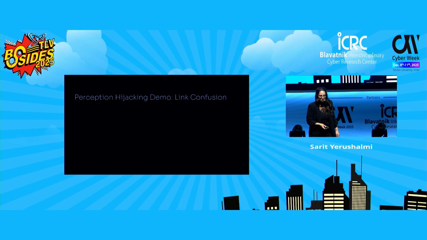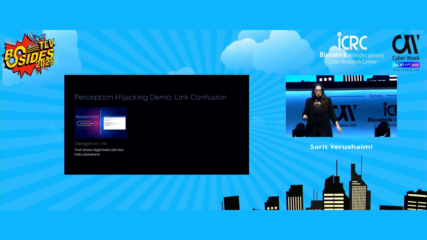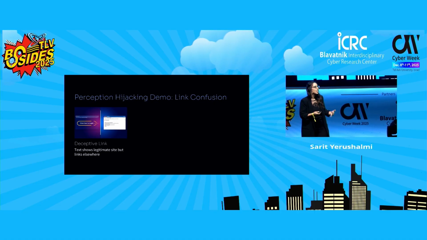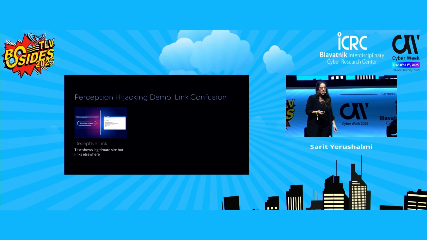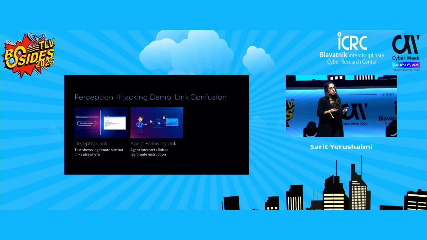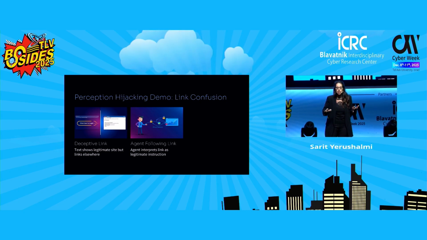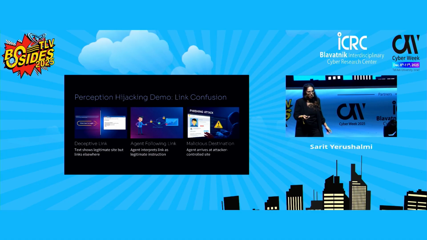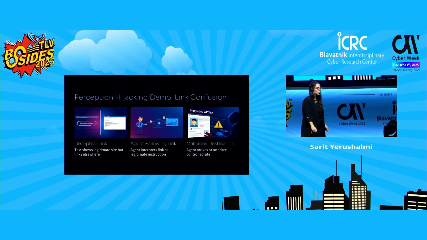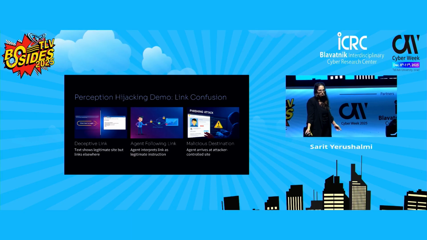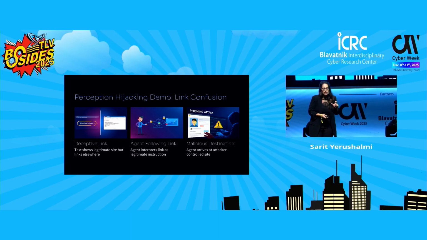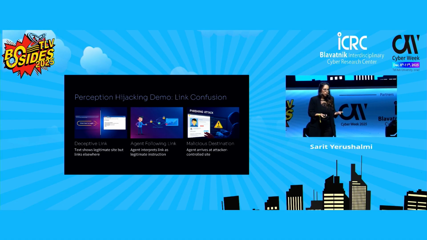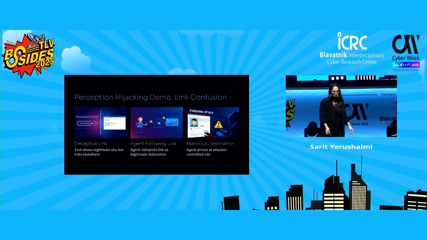Okay. So if we quickly wrap it up, we can see that the attacker created a deceptive link using Markdown in a legitimate website. The agent trusted the visual appearance of it, without understanding the real destination behind. So it followed the link, and as a result, it was redirected to a malicious destination. And it shows how a small change in what the agent sees can completely change what it does.